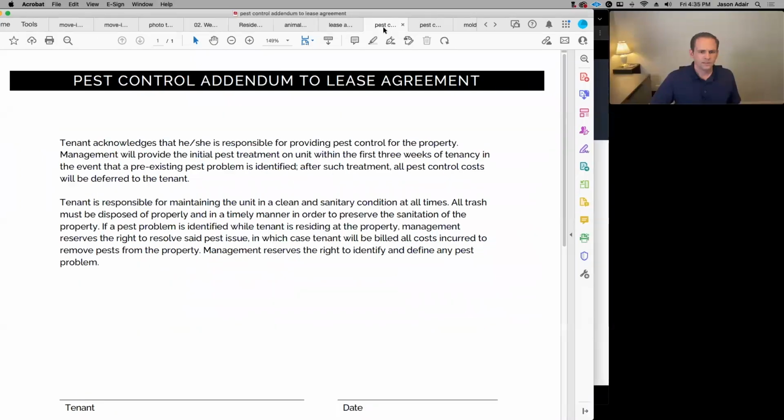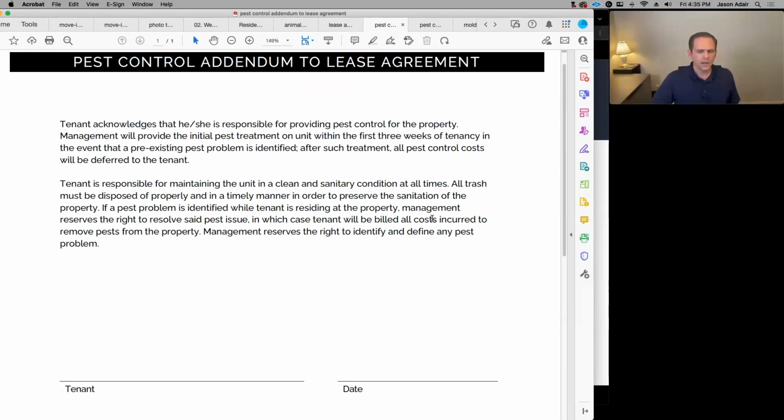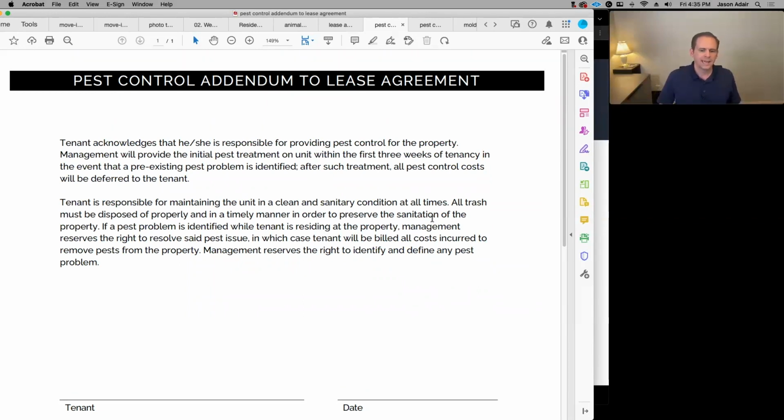All right, this first one is really just, is this one a house? Well, I have one for houses and I have one for apartments. The way that I generally treat houses is that in our addendums, we tell people that if in the first 3 weeks there's any sign of pest control activity, we'll come out and treat, we'll take care of it. After that, it's their responsibility, because largely speaking, pest control activity in a home is caused by